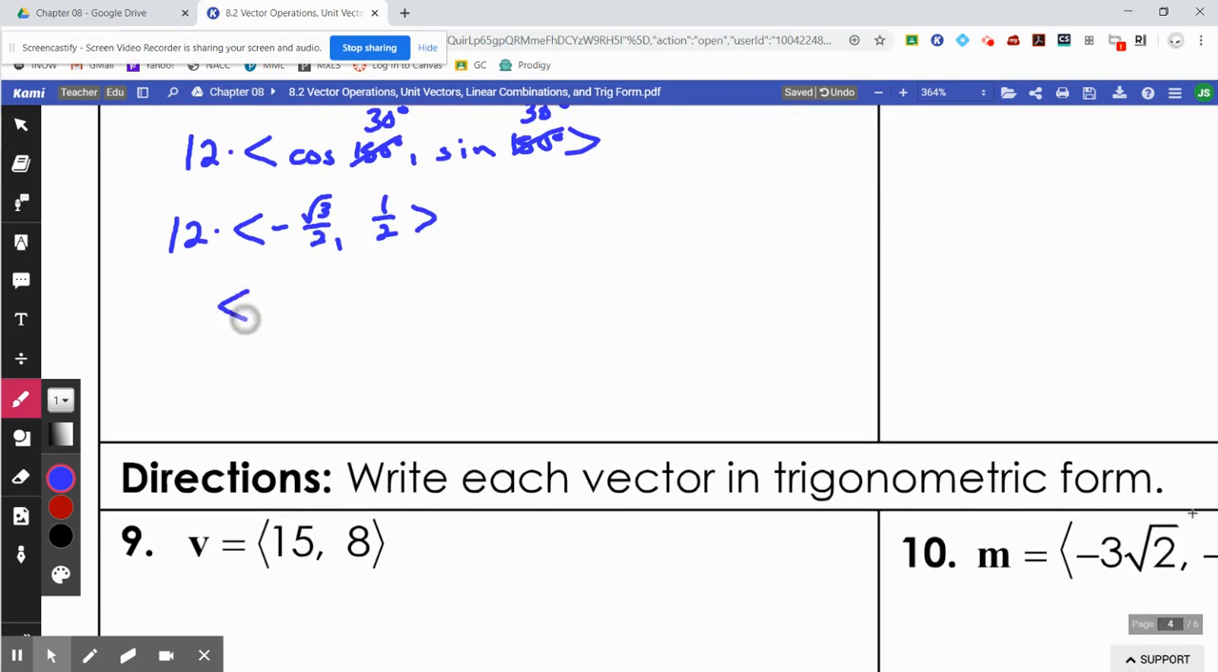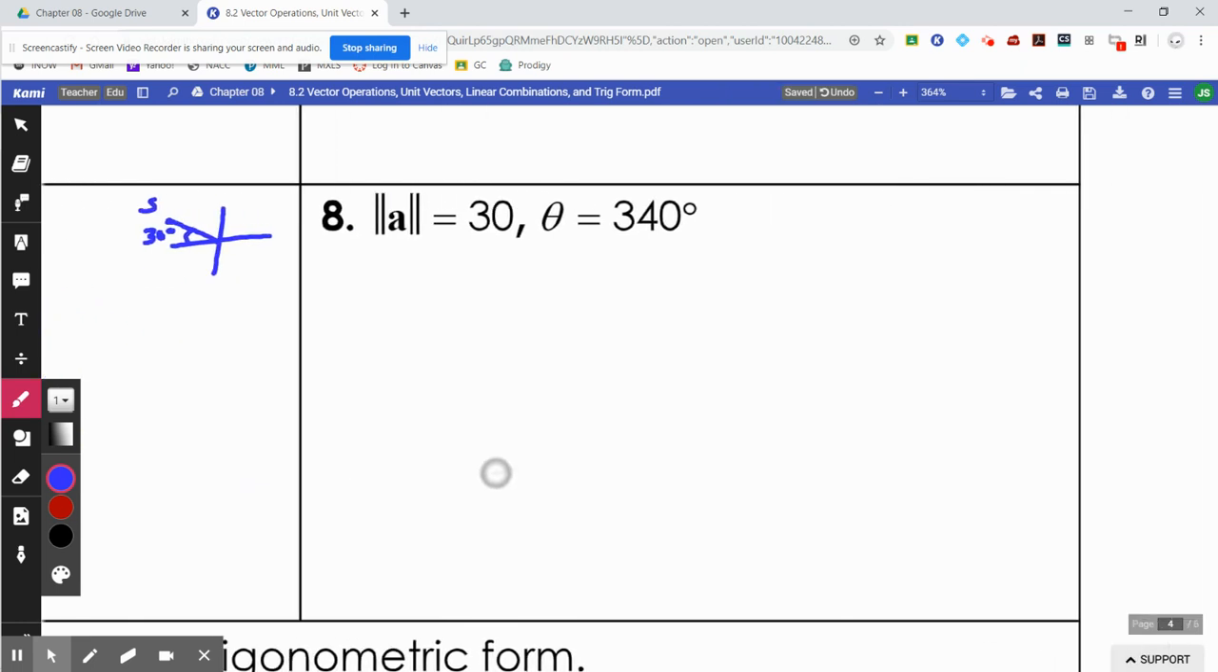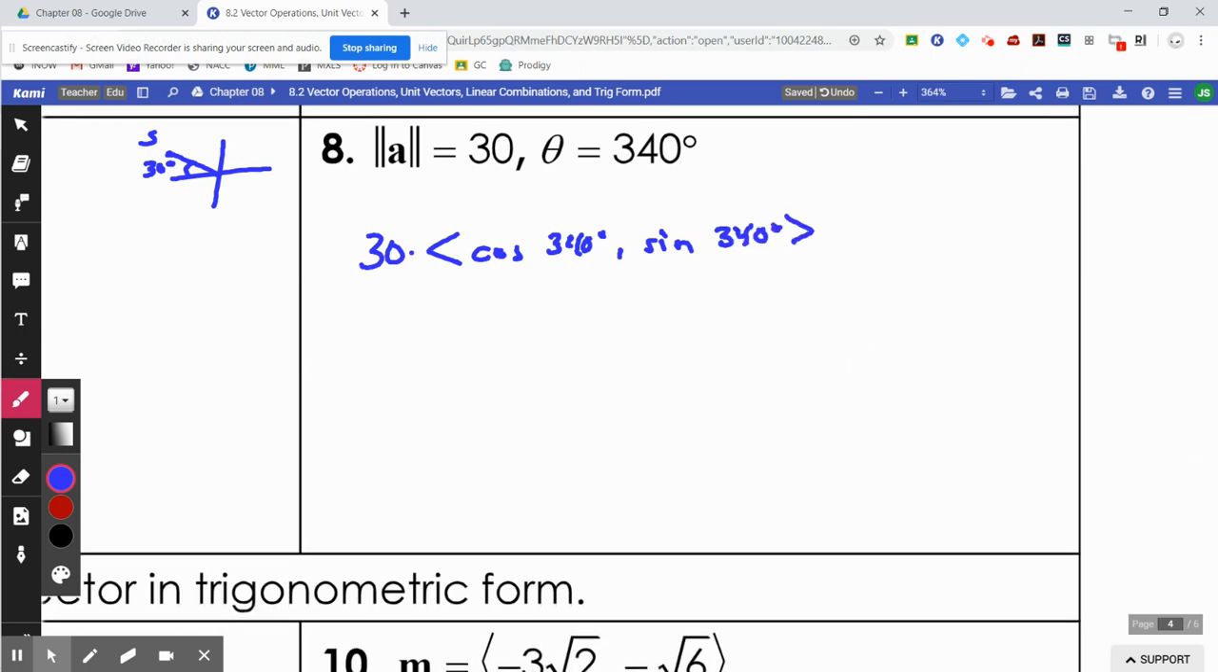Distribute your 12, and that gives you negative 6 root 3, comma, 6, and that would be a second quadrant vector. And the last one, take your magnitude times your unit vector, which is cosine 340, comma sine 340. Now 340 is not one of our common angles, so what we're going to have to do is actually multiply